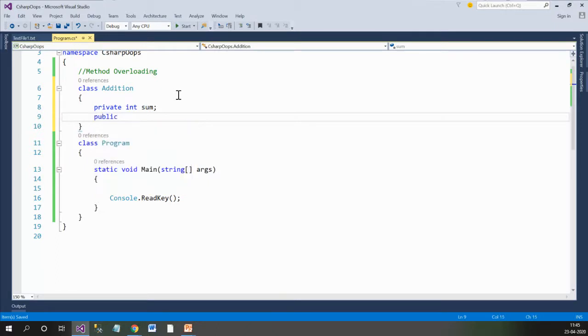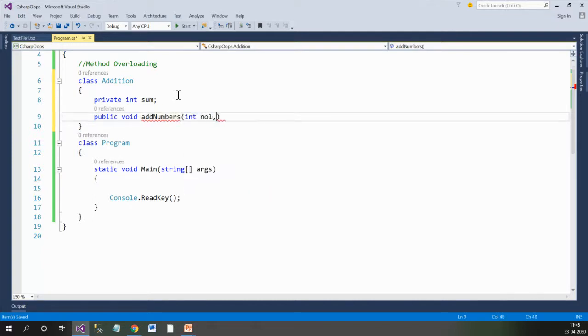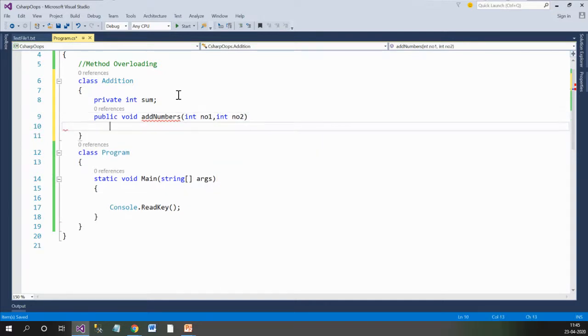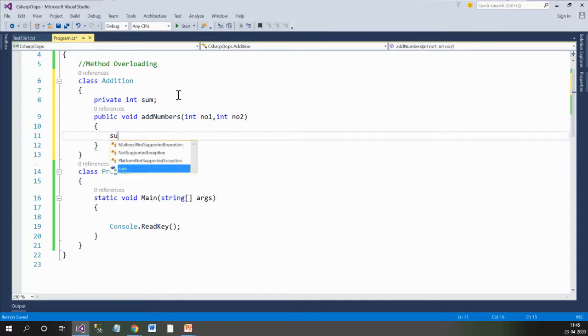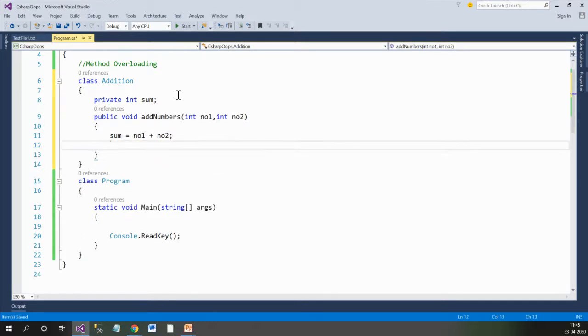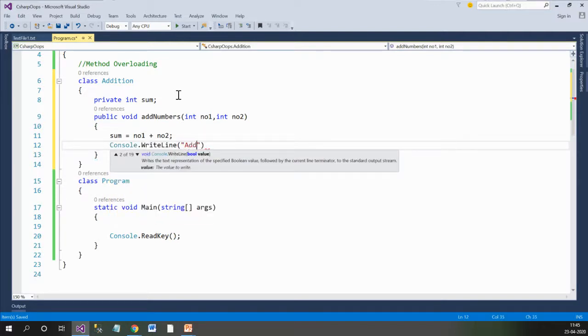Then I'll create one function, say add numbers, which will accept two parameters, and here I'll perform the sum by adding number 1 plus number 2, and I'll print the data here itself. Say addition equals plus sum.